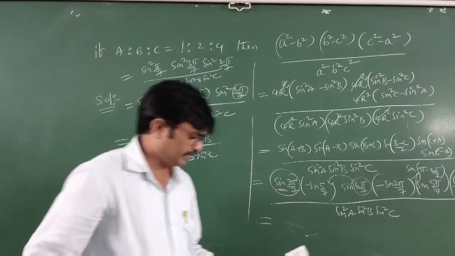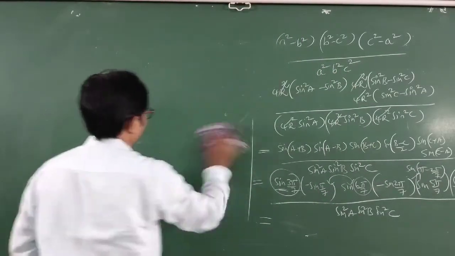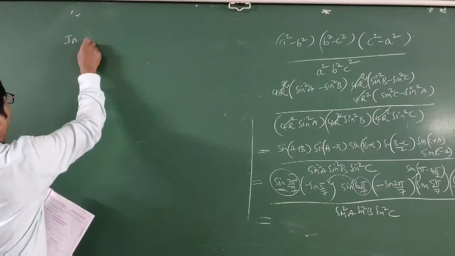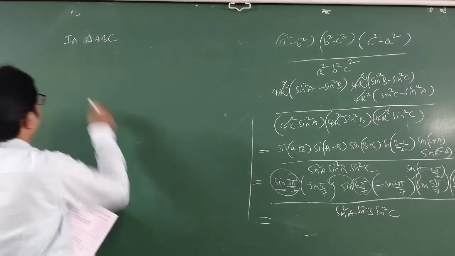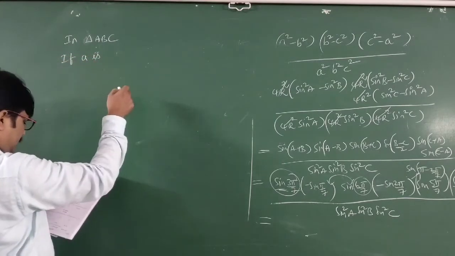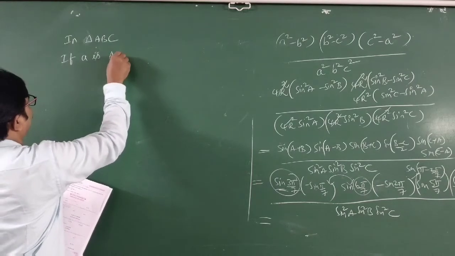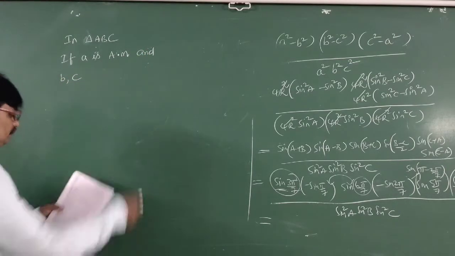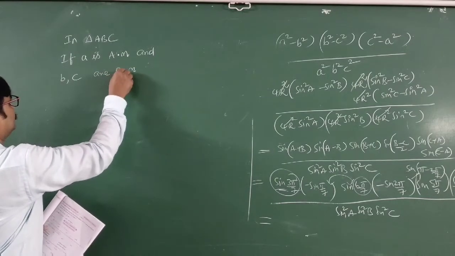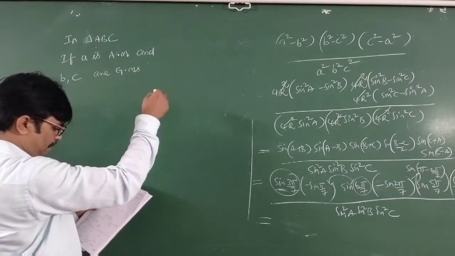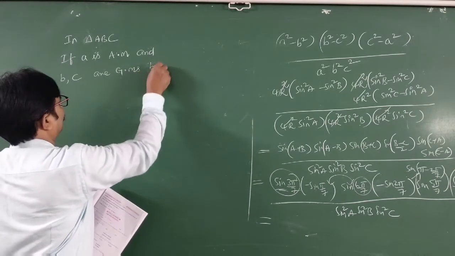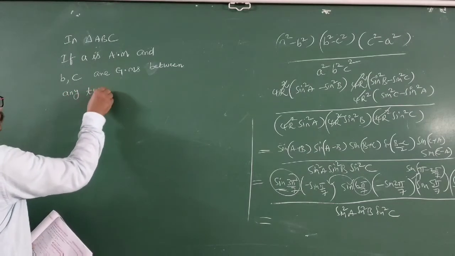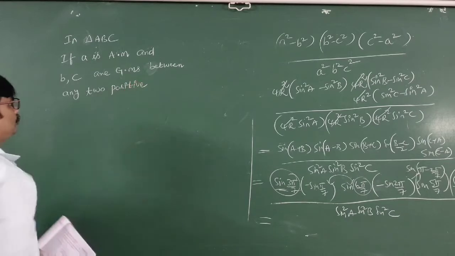Write down students the next one. In a triangle ABC, if small a is the arithmetic mean, and b, c are the geometrical means between any two positive real numbers,